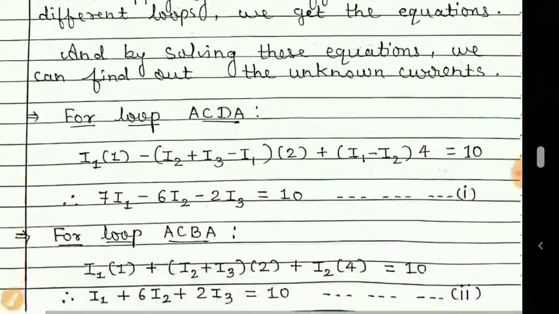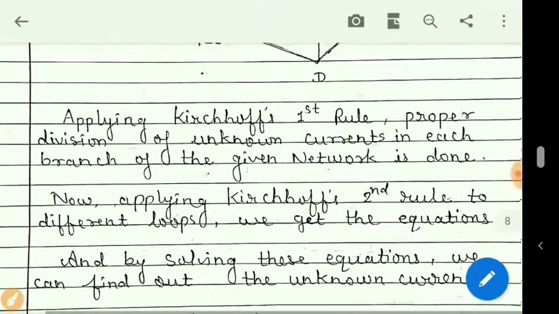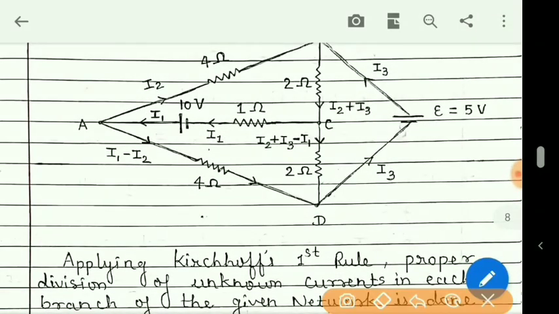And what I'll do? On one side the battery and on the other side the IR terms. That is, on this side we will write the terms related to the battery, and on the left side we will write the terms related to IR. So first, which terminal came of the battery? Positive. So we have written positive 10.